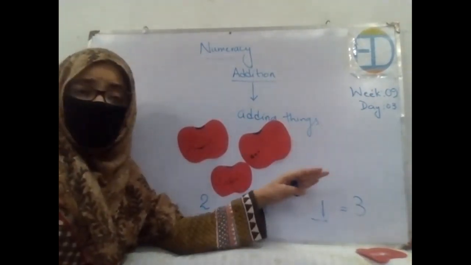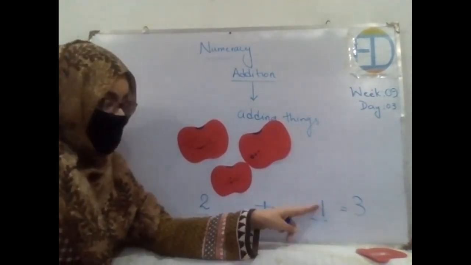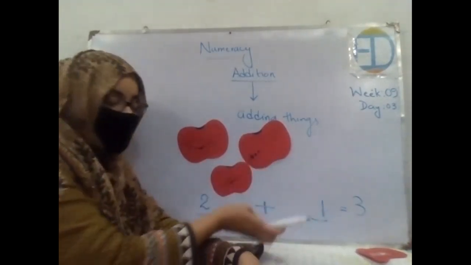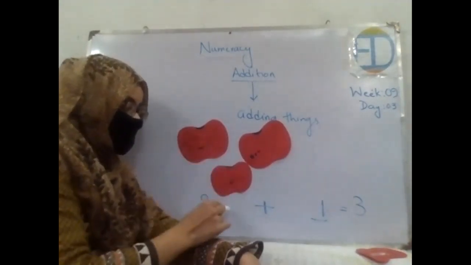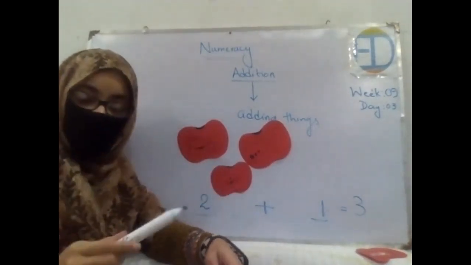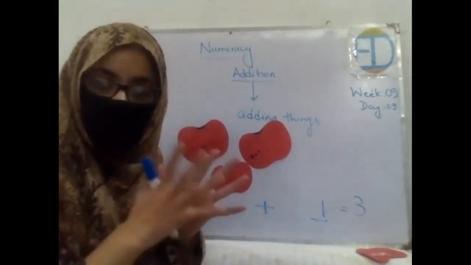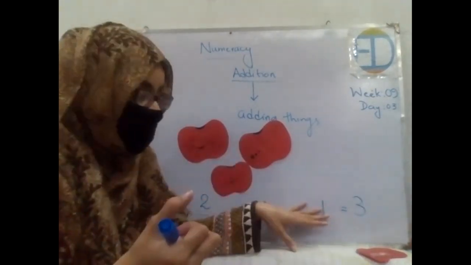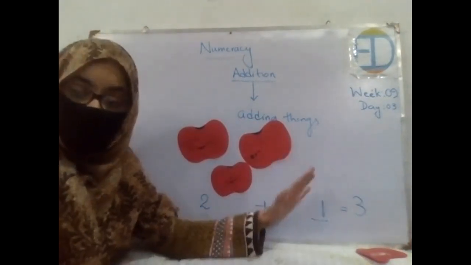In order to do addition, definitely identification of numbers is very important. If you don't know that this is number 1 and this is number 2, or the value of this number, let's say, if you have this thing, this means that this is 1. If you have this thing, this means that you have 2. So identification of numbers is very important, and we have done a lot on identification of numbers, right? So far all of you are familiar with the numbers and their word form as well. So now we are doing the number operations.